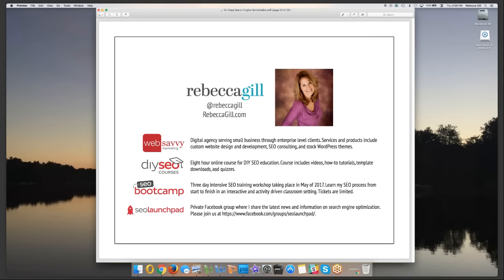First of all, we know that most people never get to page two unless it's a really big purchase. Like ERP software that I used to work in, which was a $100,000 purchase, people are going to go to page two and maybe three or four because it's such a big purchase and they can get fired if they make the wrong decision. But the average search doesn't ever go past page one. And a lot of times it's